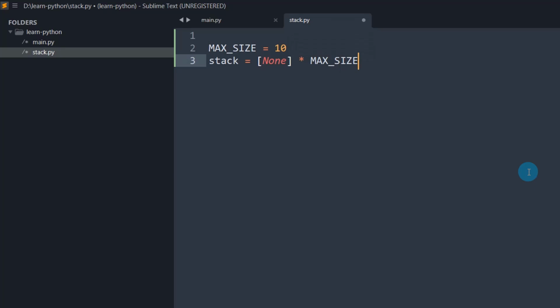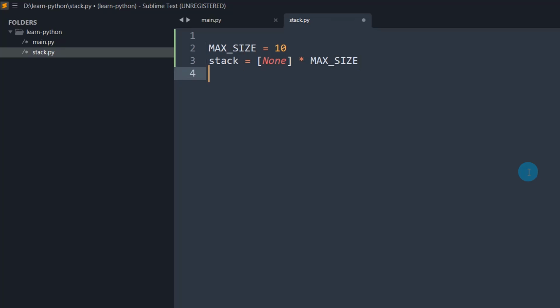This is how you can create a finite array by initializing all its values. If you put 0 here, all the 10 elements of the array will be initialized to 0. In this case, I am just using None. So all the elements of the array stack will be initialized with value None, and the size of the stack in this case is 10, as defined inside the max size variable.